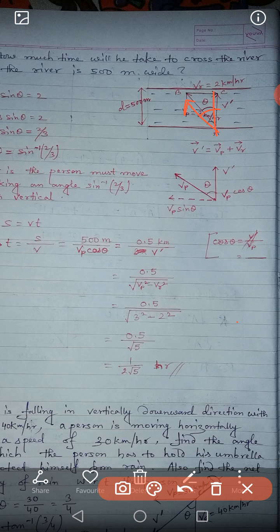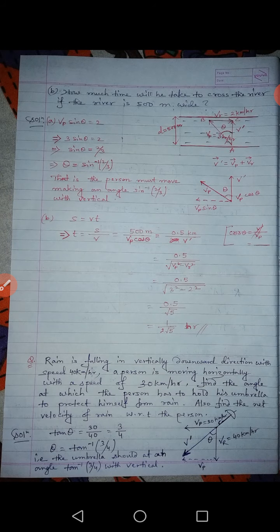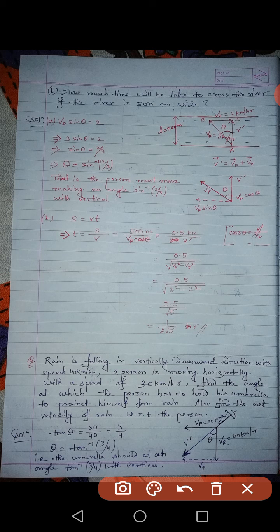How much angle has the person made here? As in the diagram I have drawn, the angle made by the swimmer with the vertical direction is theta. So in the first question, what are we supposed to calculate? We are supposed to calculate in number 1, in which direction should he try to swim. Direction is always given by theta, meaning angle. So first of all, in this question we have to find out this angle theta, the angle at which the person is actually swimming.